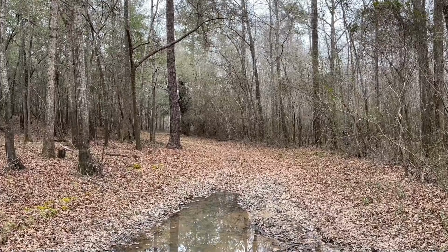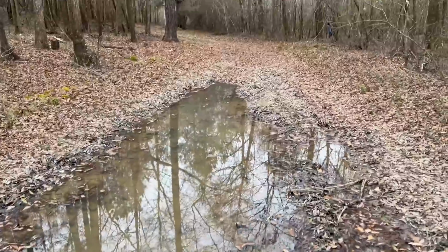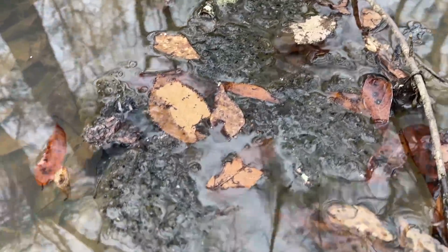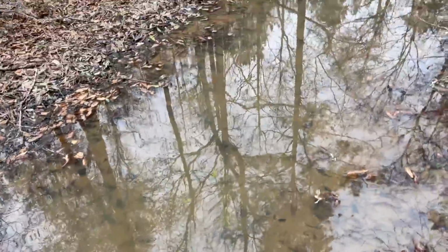Yeah. So this is just a flooded puddle, literally in the middle of this little dirt road. And in the middle of said puddle is a giant group of wood frog eggs. There's also some spotted clusters down here that are super covered in mud, so they're not really impressive looking. But